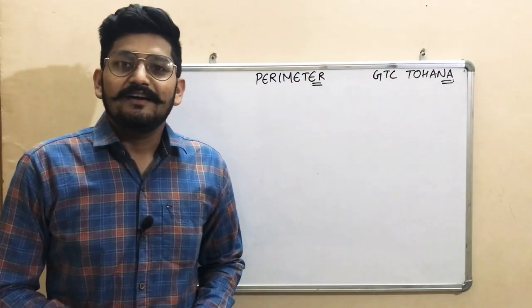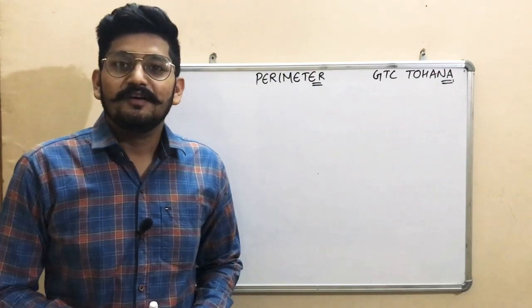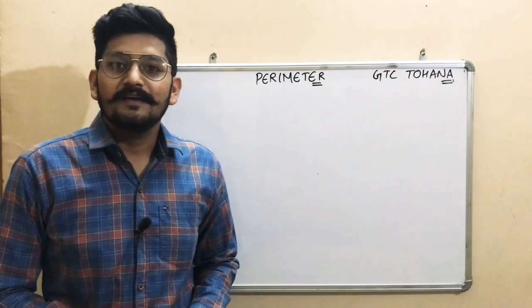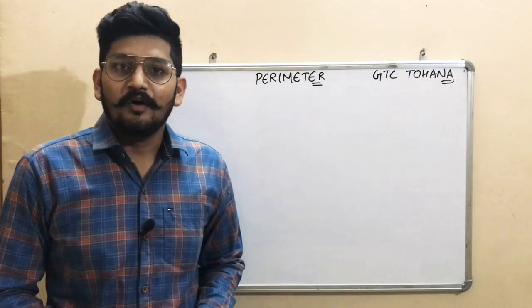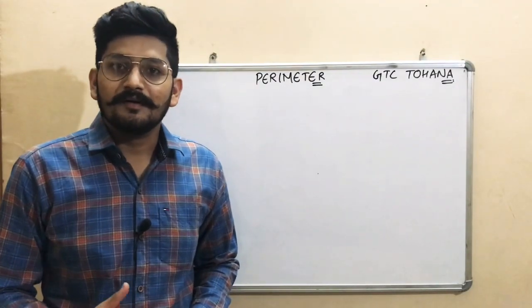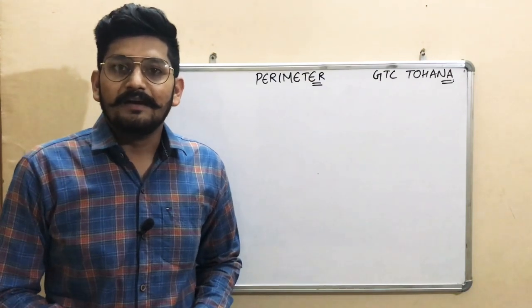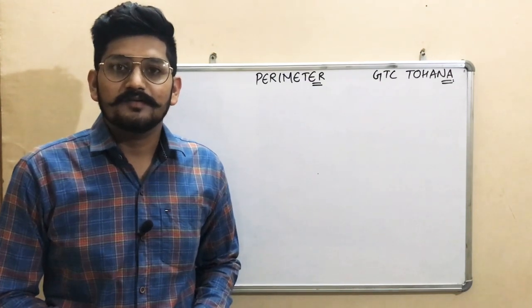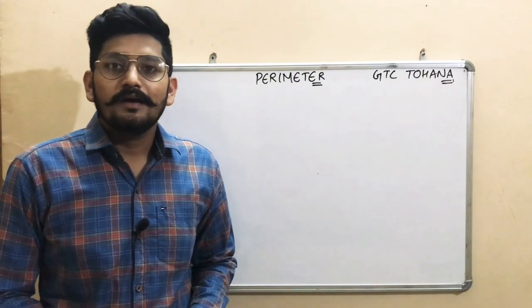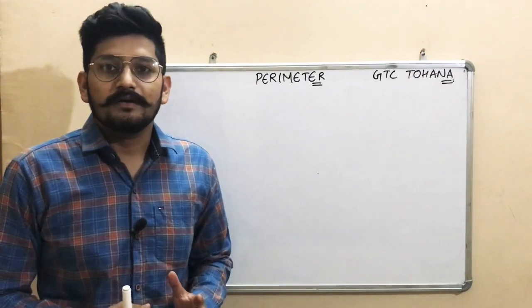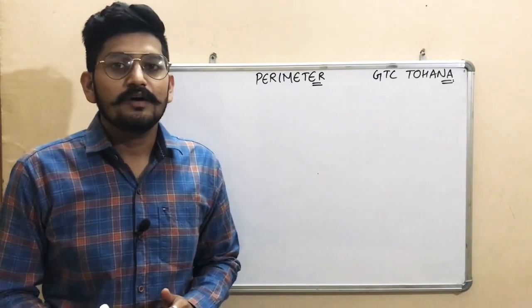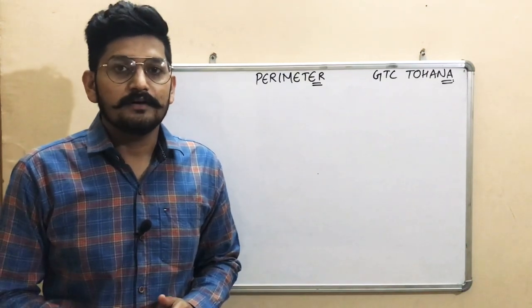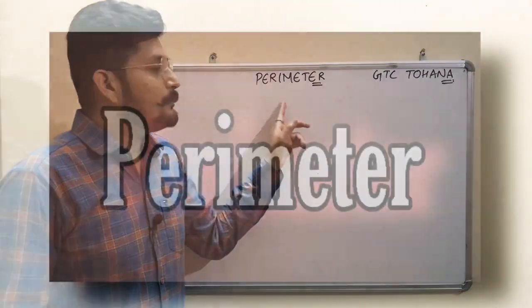As you know, we have uploaded two videos of different topics. First is addition of two numbers and second is number system. I hope you can understand the concepts of number system as well as addition of two numbers. Now I am coming with a very vast topic, that is perimeter, and after that I will teach you the area of a given figure. Let us start with perimeter.